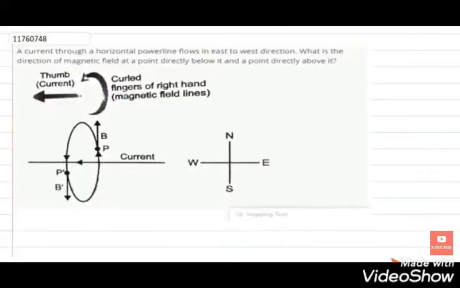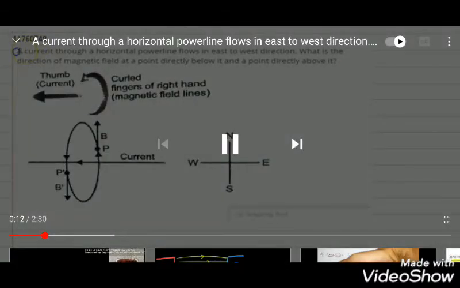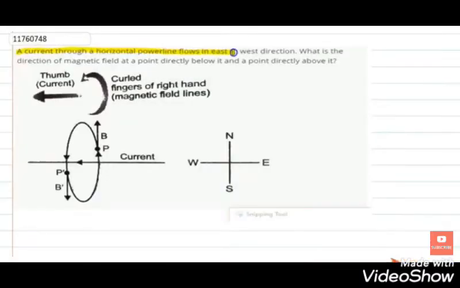Children, let us try to solve a problem related to the right hand thumb rule. How to apply right hand thumb rule in various problems and to find out the direction of the magnetic field. Let us try one sum. It is given in your textbook. Example 13.1. A current through a horizontal power line flows in east to west direction. What is the direction of magnetic field at a point directly below it and at a point directly above it, children? Two points are given. So know the right hand rule there. Thumb in this direction, east direction. Arrow mark is there. And the curled four fingers, you can observe there, isn't it? Now above and below, east to west direction, here you